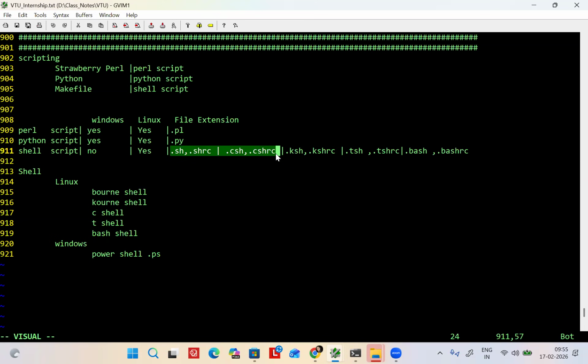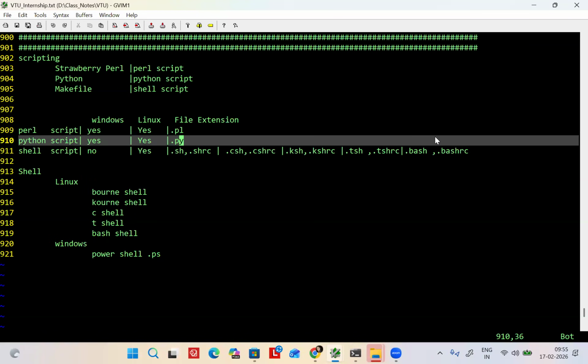Normally, the highest used is this kind of format. What is the extension people normally use? Majorly in every company, sh, bash, ksh. The csh and tcsh are rarely used. But you can use them, the code is the same, and running is also the same way. Clear? Anyone have any doubt? Now, one more thing here.